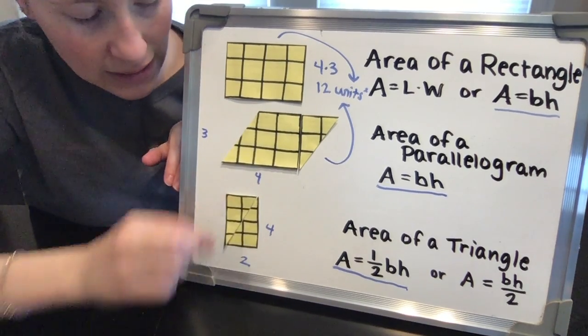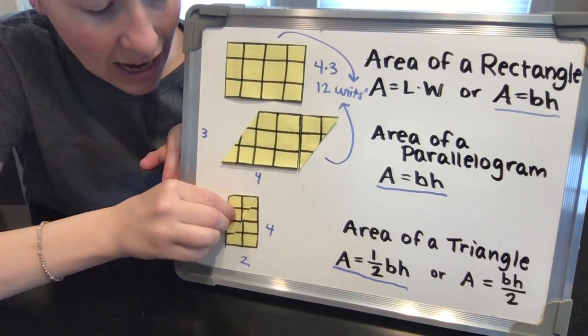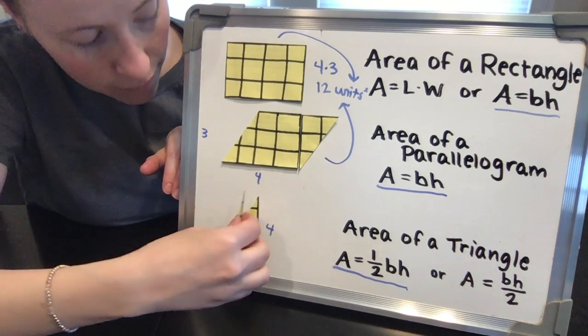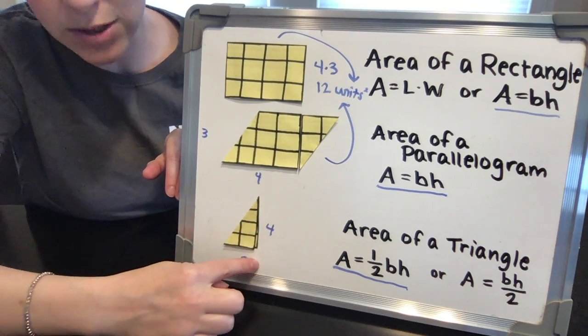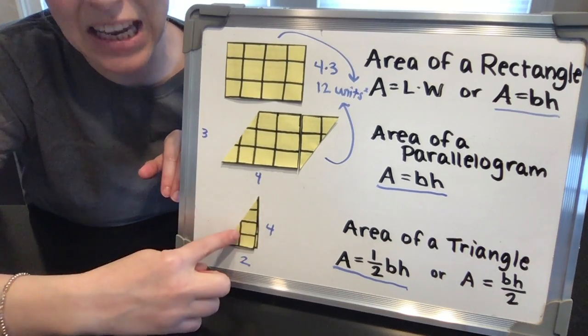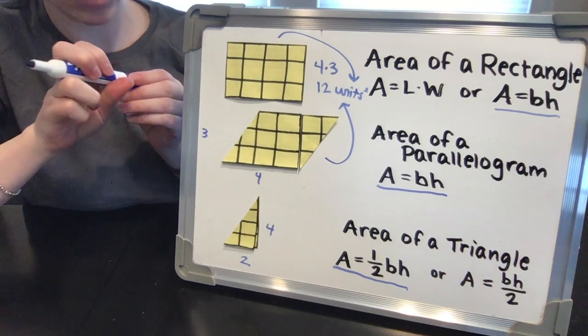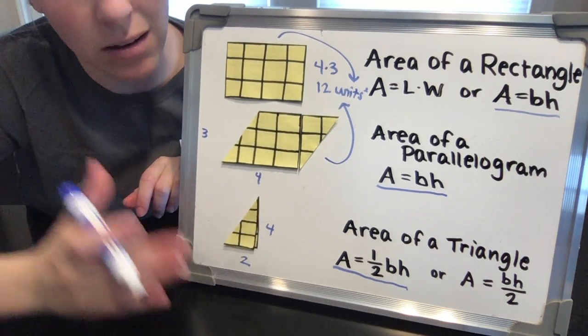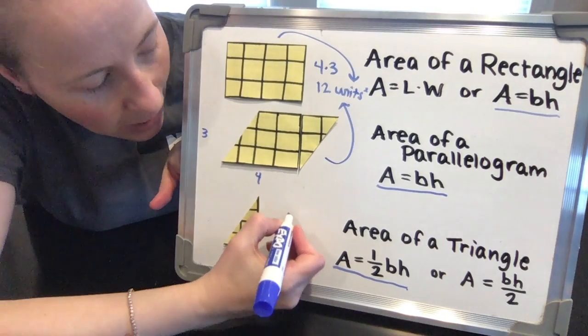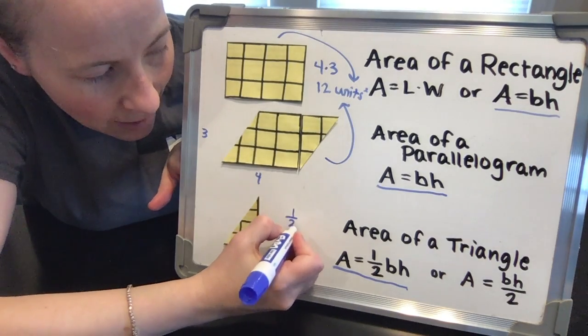But I don't want the rectangle. I have to take this rectangle, cut it in half, and I get my triangle. So if I do 4 times 2 and then cut it in half, it's going to give me the area of this triangle. And I hopefully just showed you with our illustration that a triangle is just a rectangle cut in half. So I'm going to use my formula, 1/2